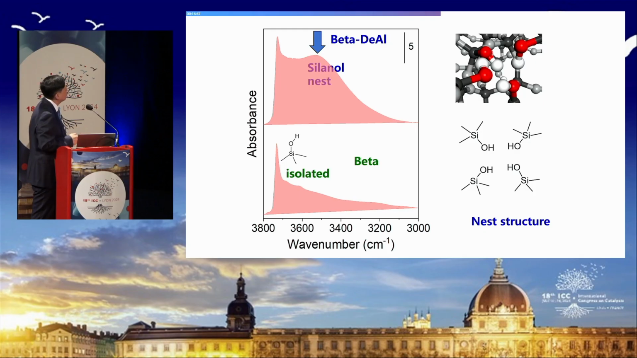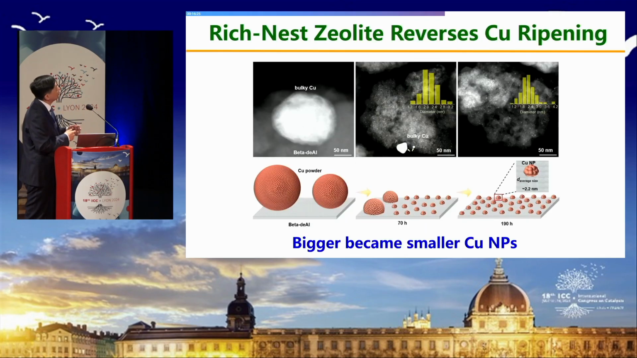From infrared, we get this strong peak for the isolated silanol, just here is the peak. So this nest structure easily and strongly interacts with the copper species. So if we use this rich zeolite to reverse the copper ripening. Here, in the beginning, under this support, after the methanol treatment, 70 hours at almost 200 degrees